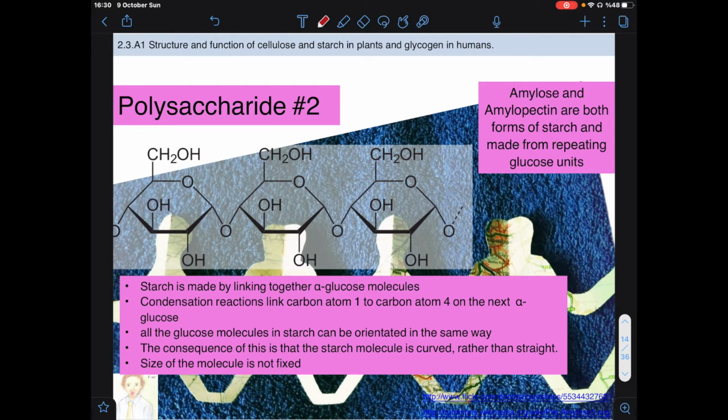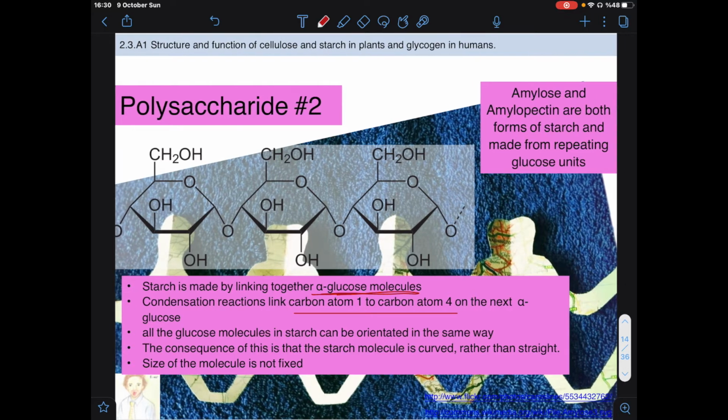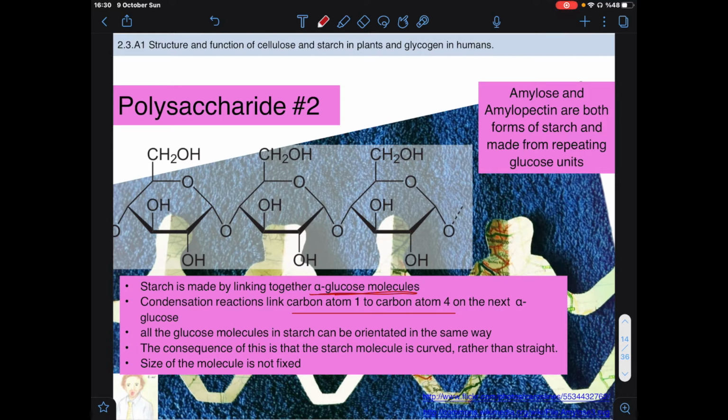So starch is made by linking together alpha glucose molecules, and carbon atom 1 and carbon atom 4 are linked. So first let me explain what we mean by carbon atom 1 and carbon atom 4. So in one of the previous slides, I showed you how carbon isn't always written on the structure, but it's shown by numbers. So this is how we number our carbons in our glucose molecules. So as you can see here, carbon atom 1 and carbon atom 4 are linked together. So that is what we mean